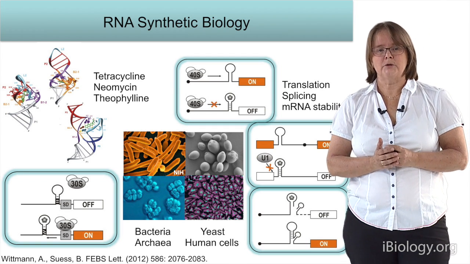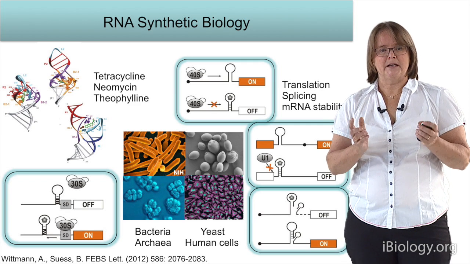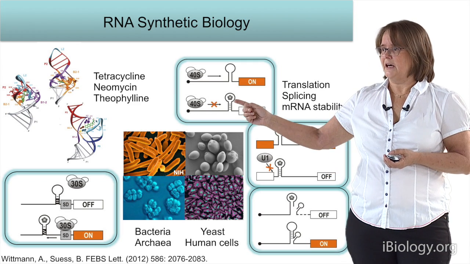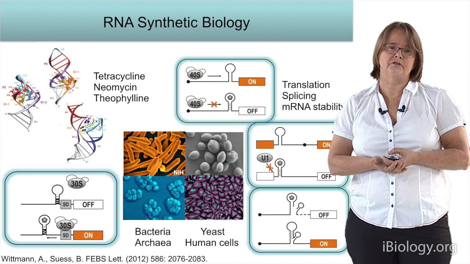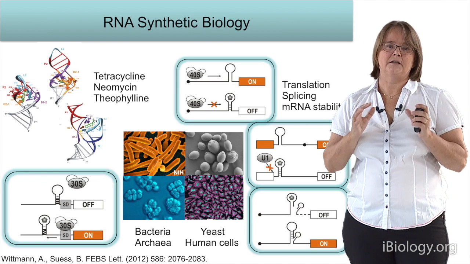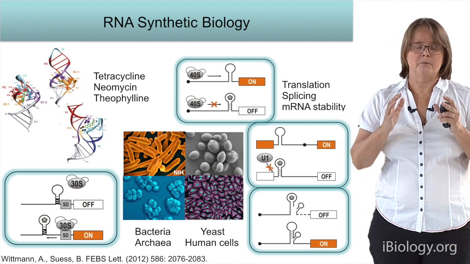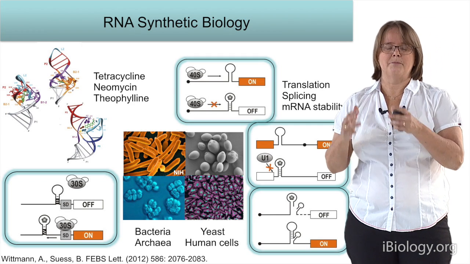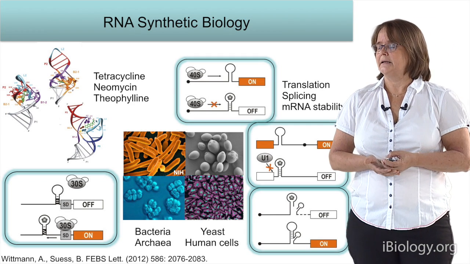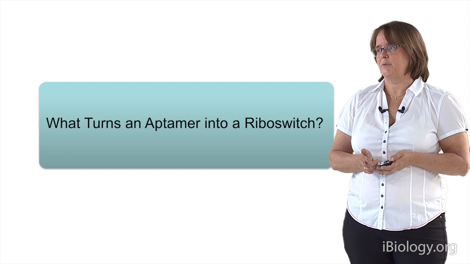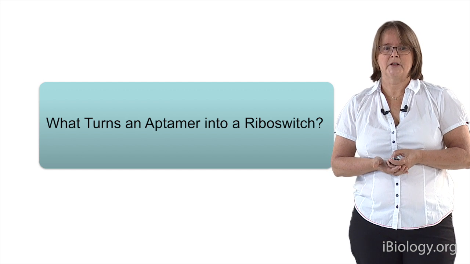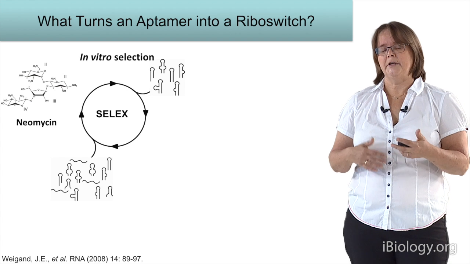However, if you have a look into the literature, you realize that these three aptamers, the tetracycline, neomycin, and theophylline aptamer, are the only ones which are used to build up riboswitches. And that's why we were interested in the question, what turns an aptamer into a riboswitch? And therefore, we